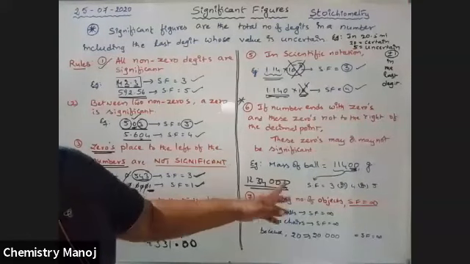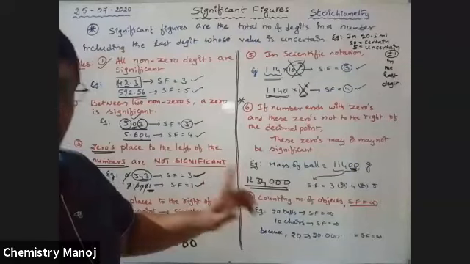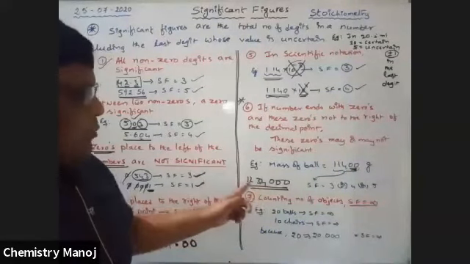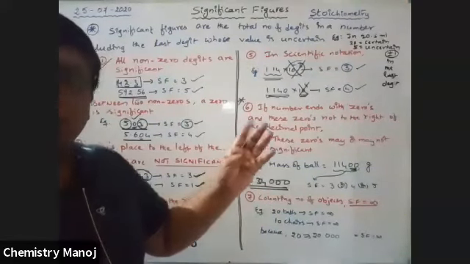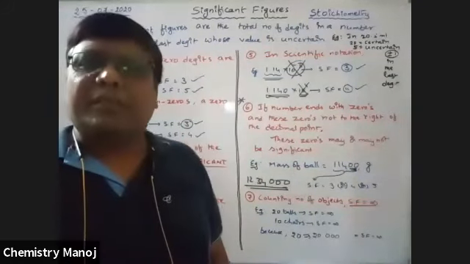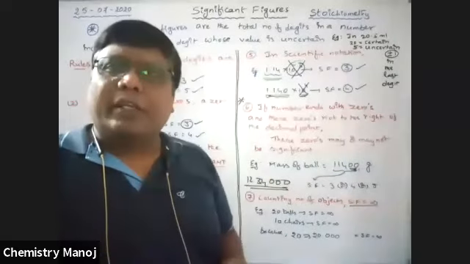1, 2, 3, 4, 0, 0, 0. Yes, all zeros are considered. So all zeros are considered. 7 is possible. 6 is possible. 5 is possible. 4 is possible. 4, 5, 6, 7. All these 4 values are possible. Yes, all of you are correct, boys. 4, 5, 6, 7. These are possible.